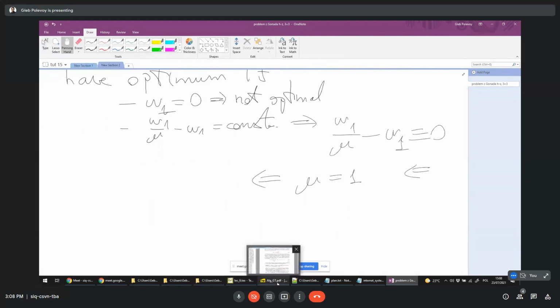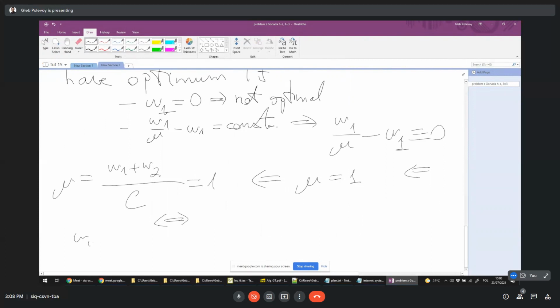The price mu is equal to the sum of W1 plus W2 divided by the resource, which is equal to 1. The resource is 1, so the sum of W1 and W2